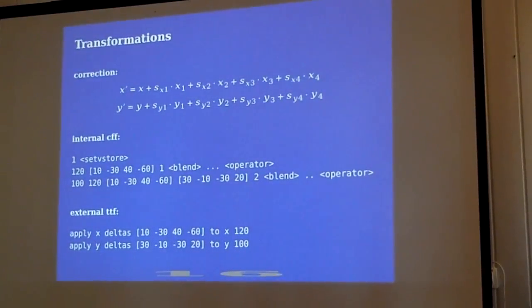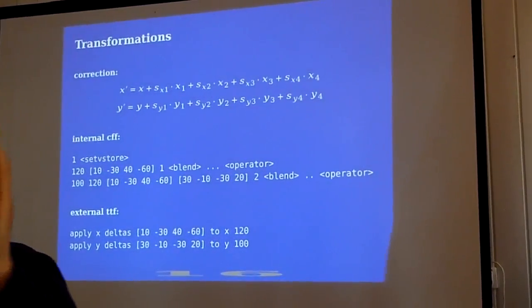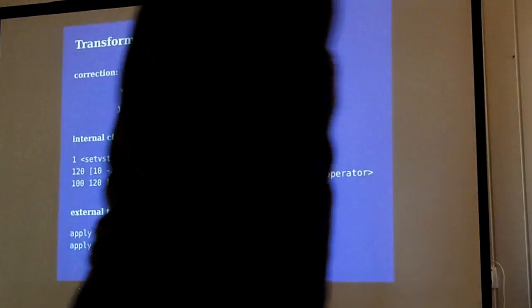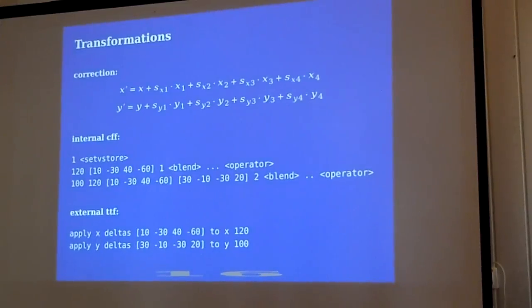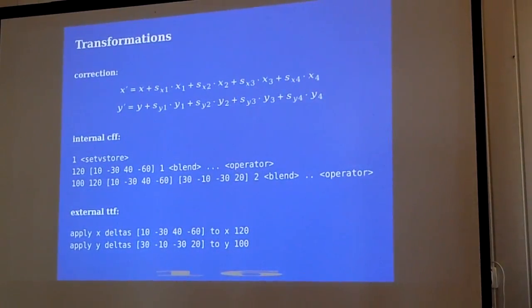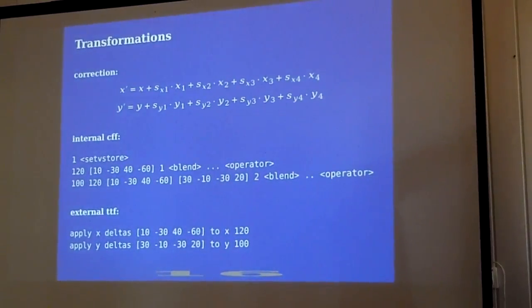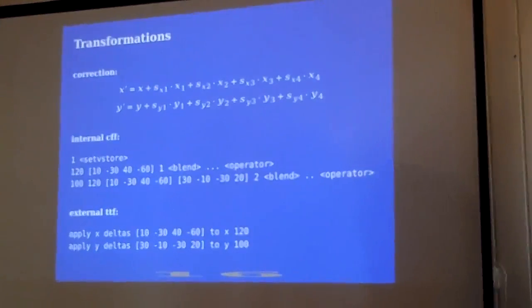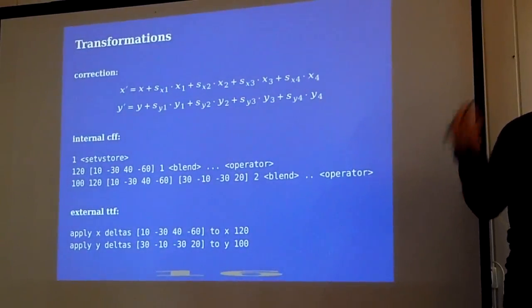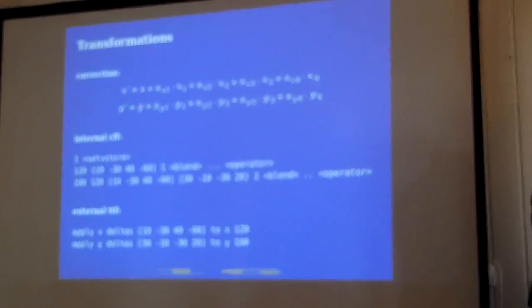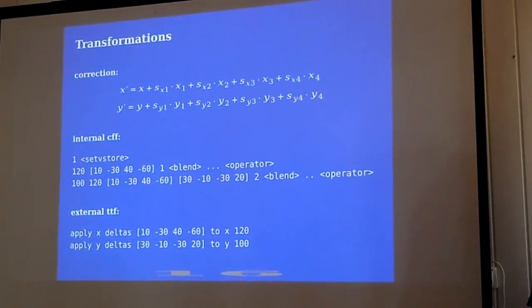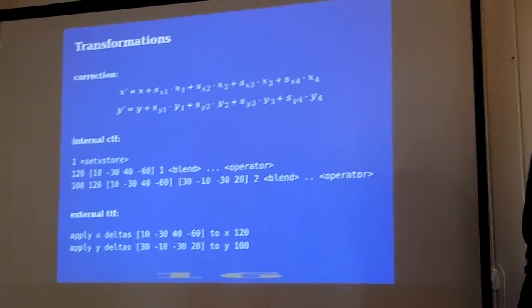So this is a bit how it works internally, for those more interested in the dirty details. At some point I think Luigi will tell a bit more about that later when he has his hands on it at home. The CFF file, if we start with CFF first, is a binary format that you have to decipher. It can have things like X, Y, rmoveto, or it can be